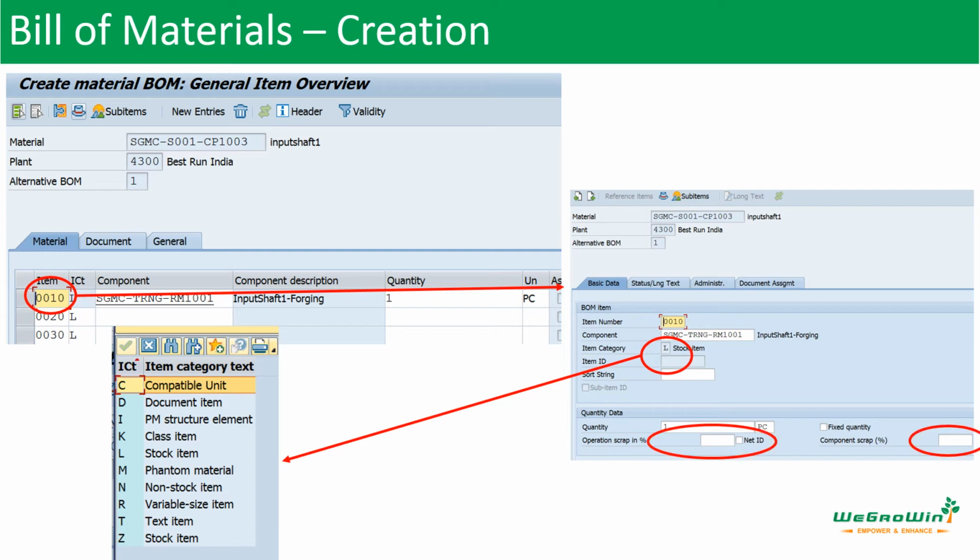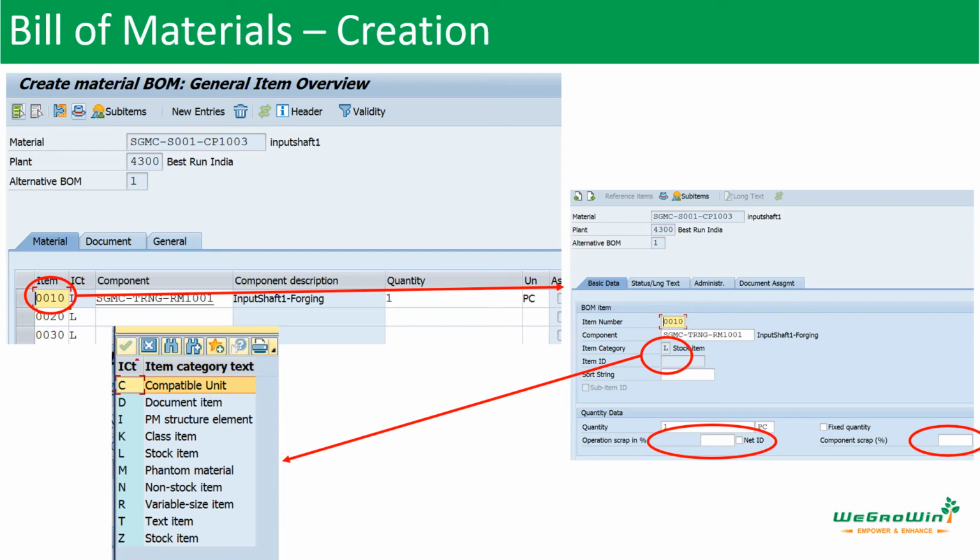And then we have these 2 scrap percentage fields. One is the operation scrap percentage, another is the component scrap percentage. Operation scrap percentage is the scrap expected in one operation for the quantity of the component to be produced, and for the operation how much scrap will be generated. This entry we are making will be overwriting the assembly scrap we entered in the material master, right? The material master would have the assembly scrap percentage entered. Now if you enter it in the bill of material, that will be taken with more priority. Also the system will create additional material considering this operation percentage.